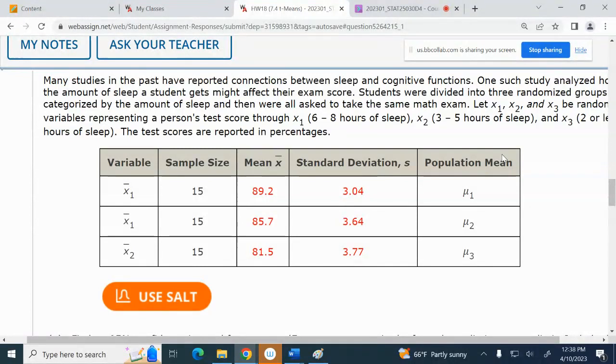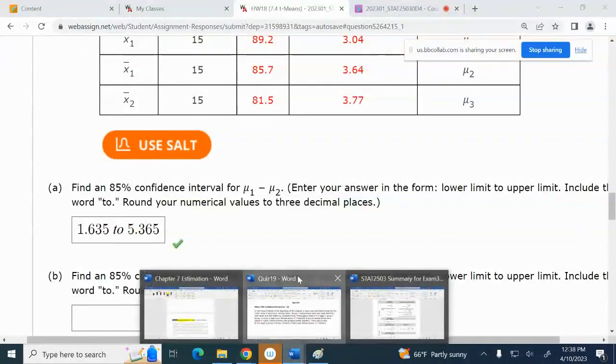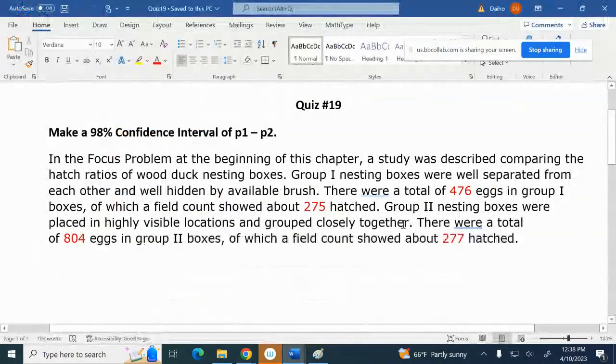So that is the homework tonight, right? And already I posted homework 19 due Wednesday. So if you have any other question, please email me from number 19, or you can ask me Wednesday. We are going to review chapter 7, everything to prepare for the exam. Okay. And now here is quiz number 19.